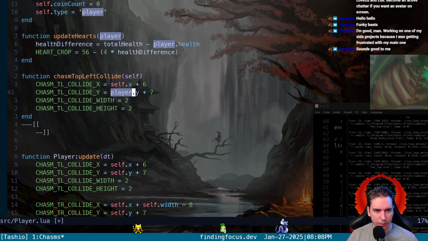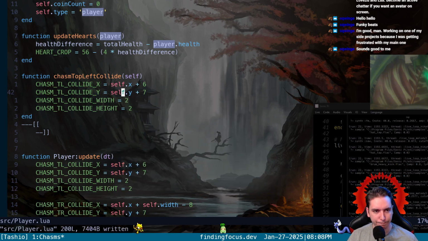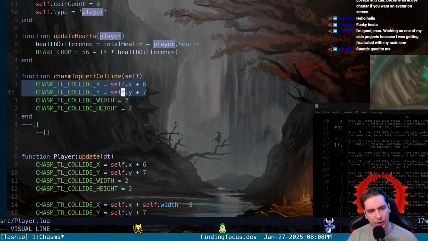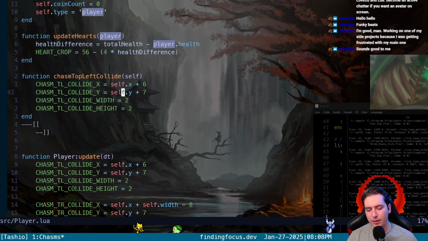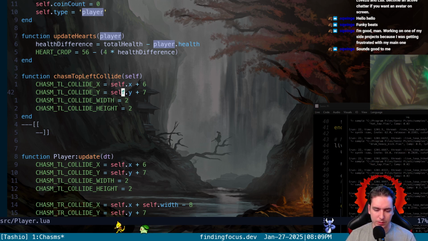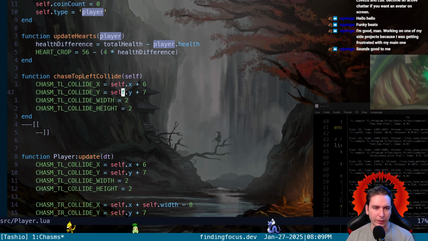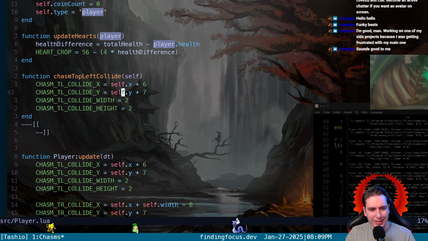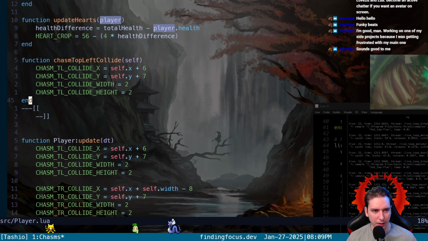And that's how it knows how to calculate this chasm collide. It's a little messy because we're using these global variables and then we're kind of re-updating them down here. So I don't like that for the moment, but